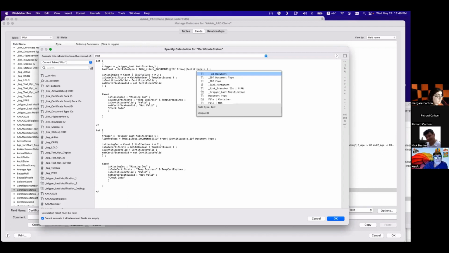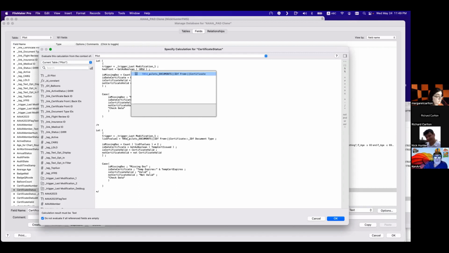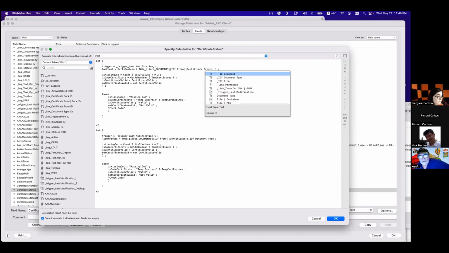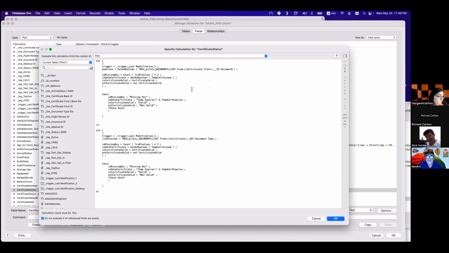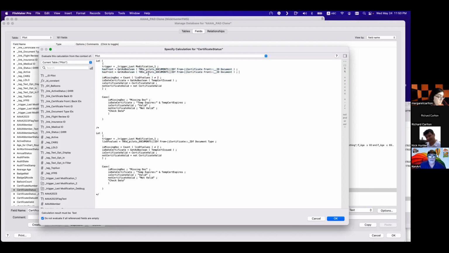So this is a from. This no. It was E, wasn't it? E is E, yes. So see the names, certificate front. See, I have this to tell me, okay, this is the right one, right? So get as boolean this as front, right? And I'm going to copy this, right? And say as back.